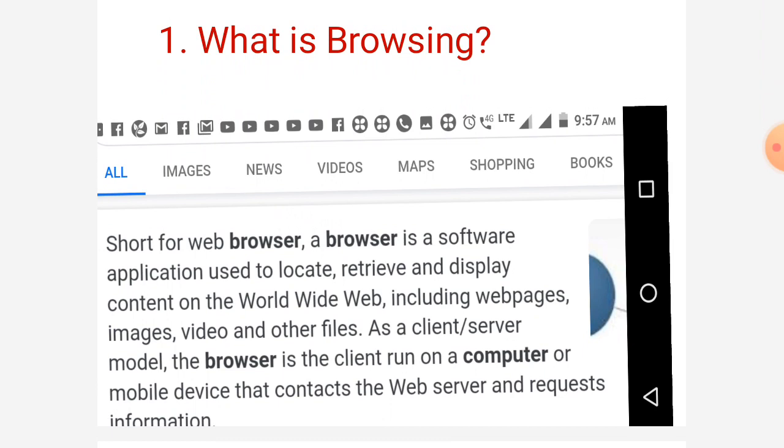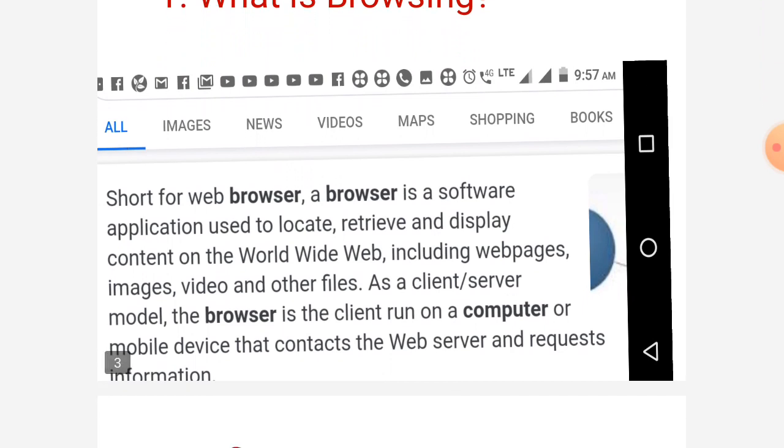In that, the first question is, what is browsing? Short for web browser. A browser is a software application used to locate, retrieve, and display content on the World Wide Web, including web pages, images, video, and other files.